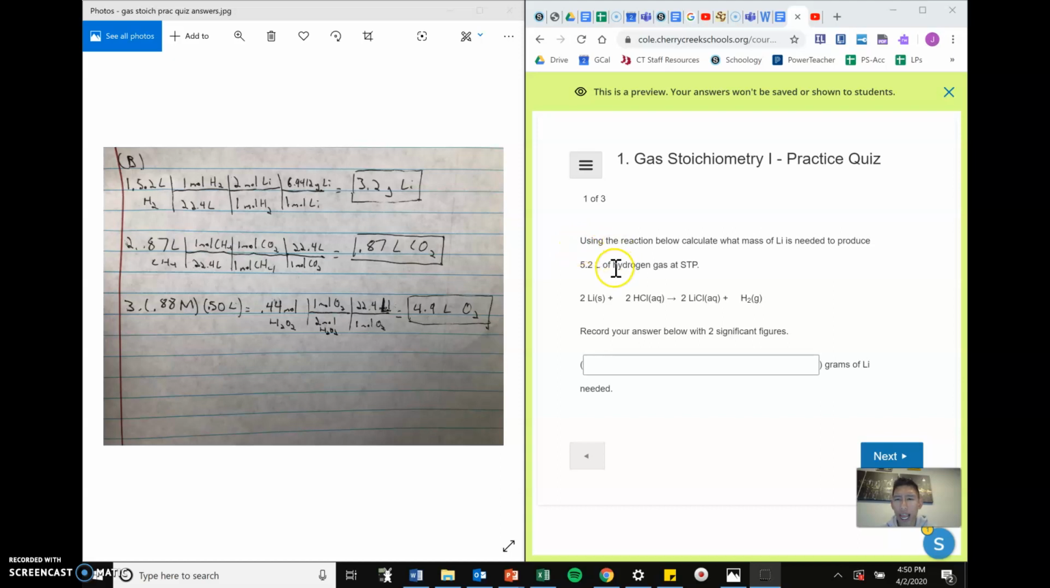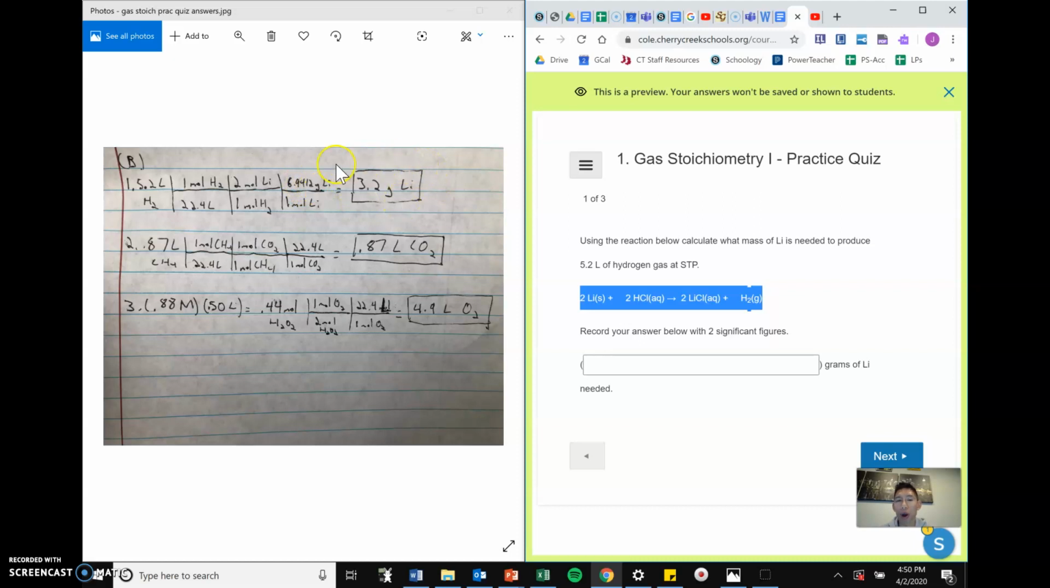It says using the reaction below, calculate what mass of lithium is needed to produce 5.2 liters of hydrogen gas at STP. Well, we know that we need to start with 5.2 liters of hydrogen gas. And I know for every 22.4 liters, that's 1 mole of hydrogen gas. And for every 1 mole of hydrogen gas in this equation, I need 2 moles of lithium. And for every 1 mole of lithium, I have